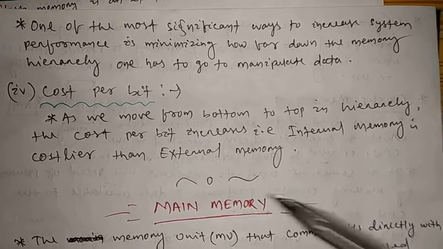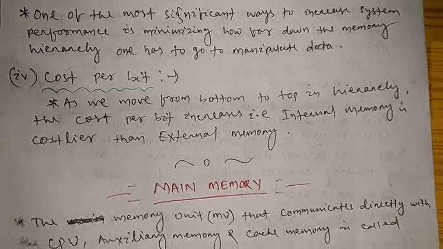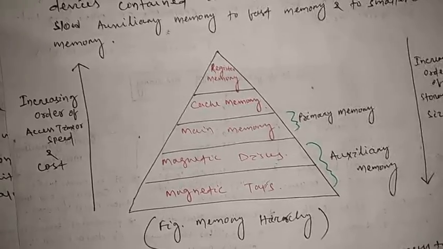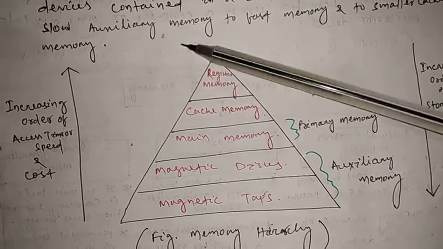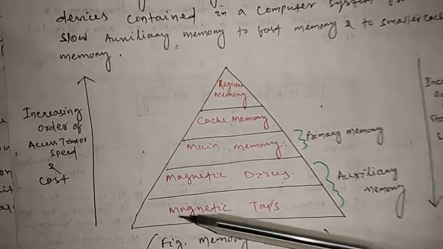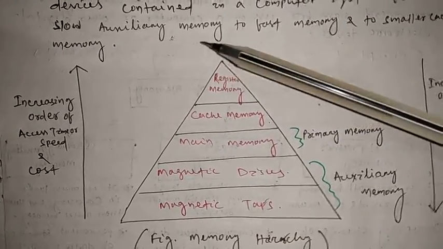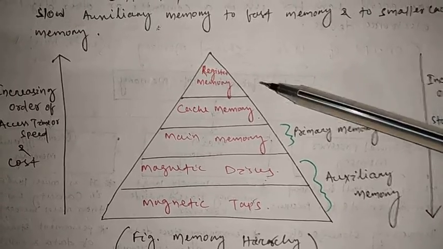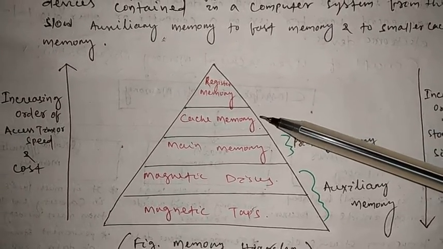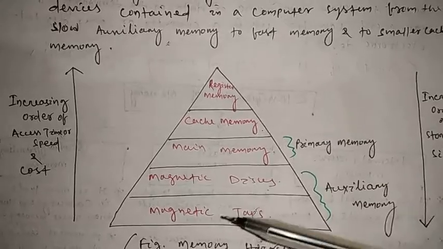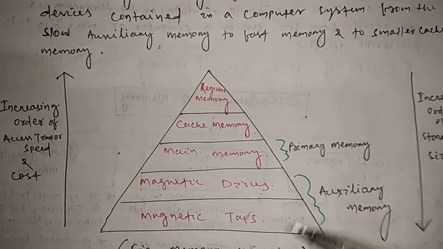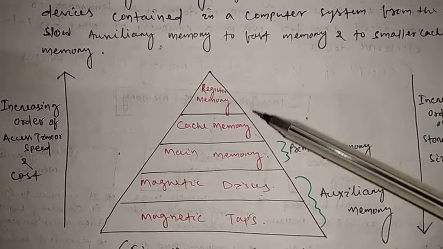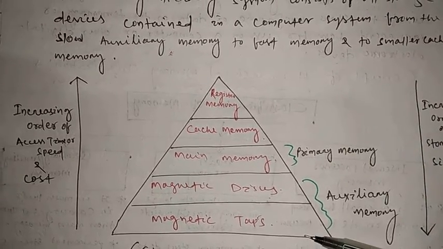That is, internal memory is costlier than external memory. Obviously, look at this diagram. When we move from bottom to top, the cost of memory increases. Already I told you the register memory and cache memory cost is very high compared to the magnetic memory and magnetic disk. So there is a smaller amount of register memory and cache memory in a computer, but externally we can